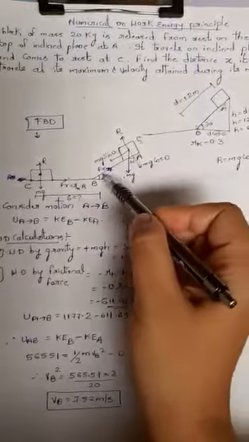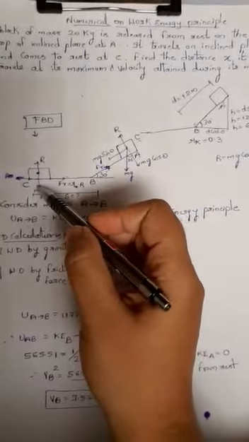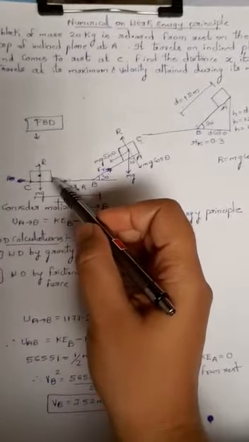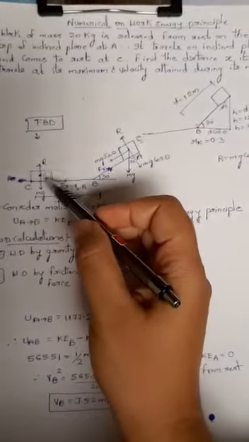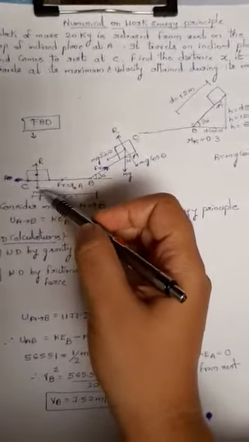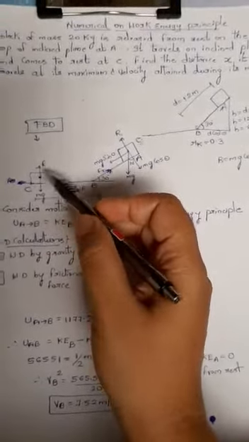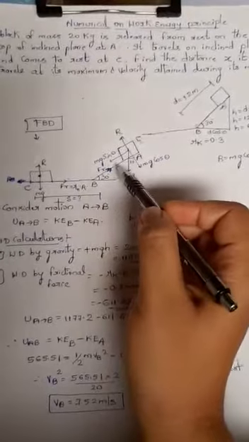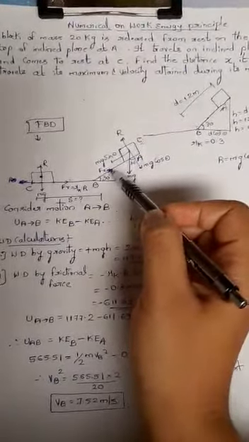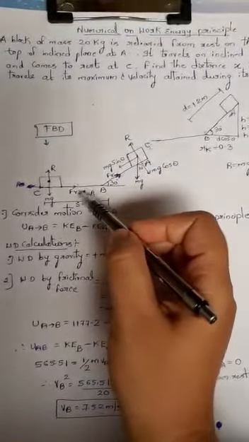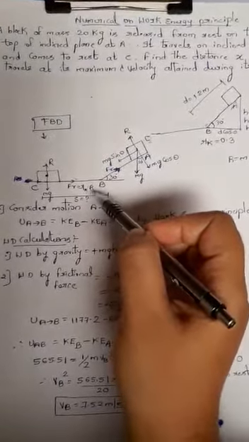And when the block comes and stands at rest at the C position, at that time the position will be like this. So mg is vertical as it is on a horizontal plane, and the reactive force will be in the opposite direction of mg. And I have to show a frictional force in both conditions. As the block is moving from C to B, the frictional force will act in the upward direction. Similarly, the block is moving from B to C, so the frictional force is acting in the opposite direction, whose value is mu k into R.